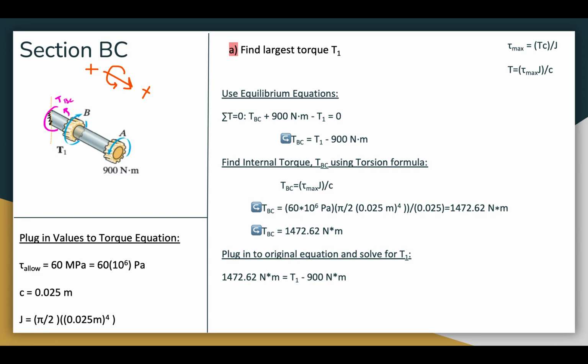We want to find the torque at T1. We plug that into our equation that we defined by summing the torques, and once we do that, we get T1 is equal to 2372.62 Newton meters, or a casual 2.37